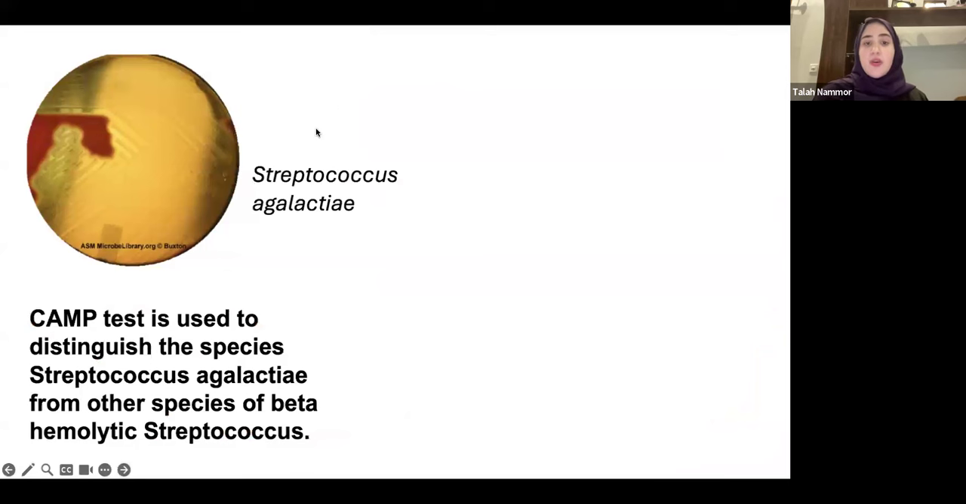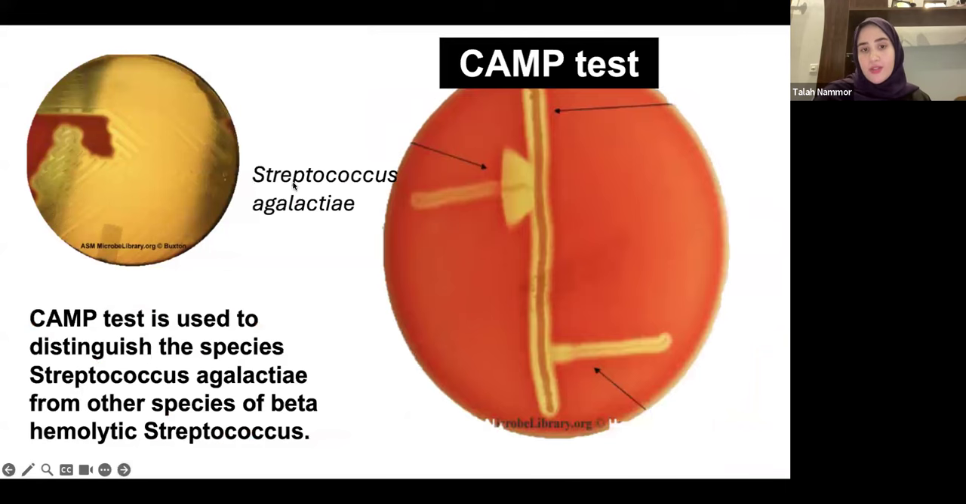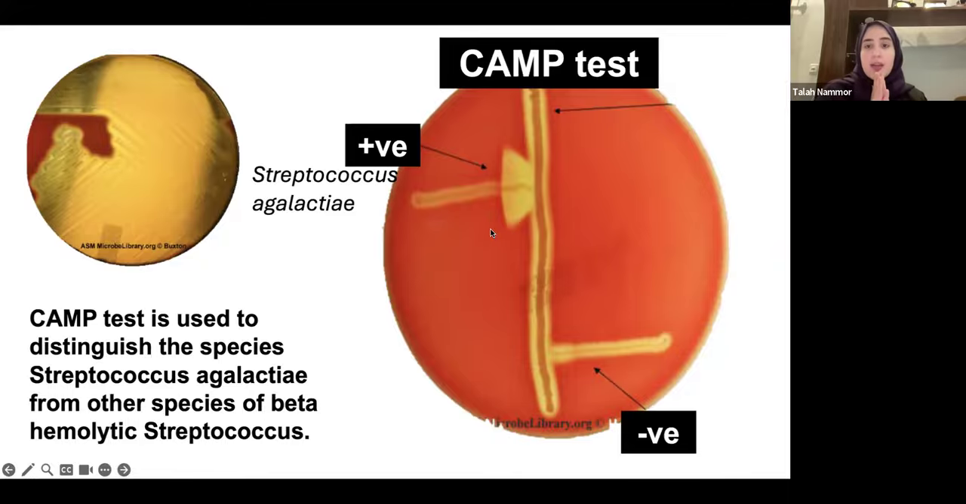Okay, now Streptococcus agalactiae has an extra test that can help us know that it's Streptococcus agalactiae, which is basically the CAMP test. Now, what is the CAMP test? The CAMP test, let's explain it. In the CAMP test, what they do